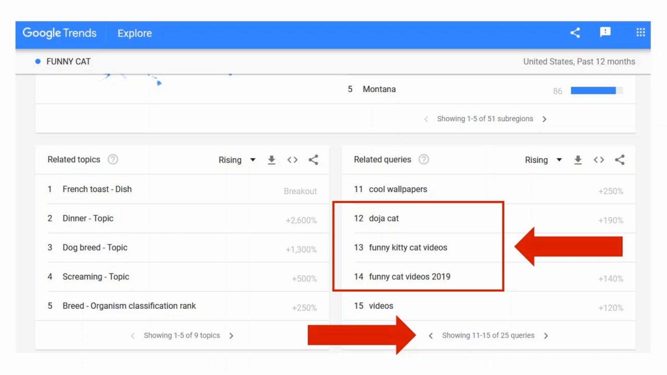When I go to the bottom of the page, I can see a couple things. On the left side, there's related topics, and sometimes that helps. Sometimes you see some really weird stuff that has nothing to do with what you typed in, but hey, who knows how Google works. On the right-hand side, I've got related queries, and this I find a little bit more helpful. And I can see there's things like Doja Cat, funny kitty cat videos,